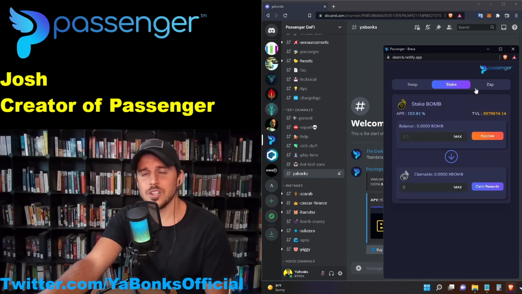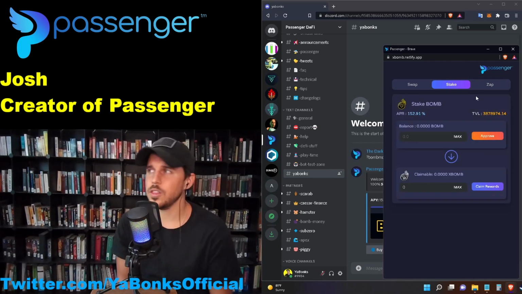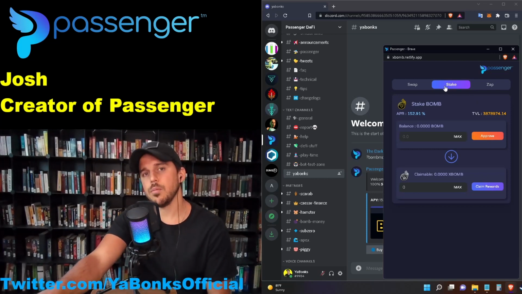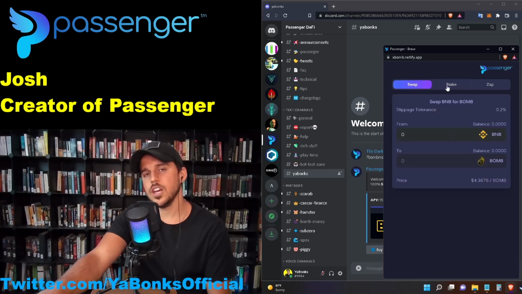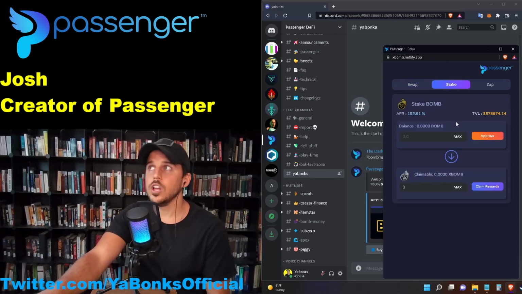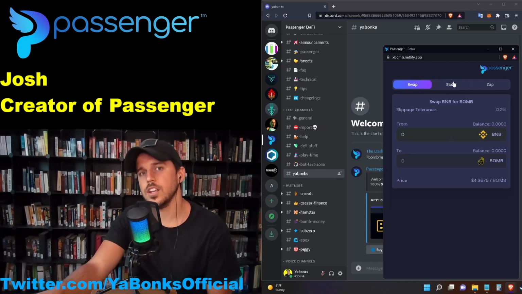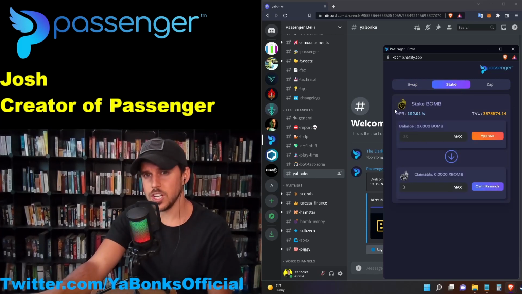So this is nuts. With a project I'm more familiar with, let's take RingFi for example. You can now stake Ring tokens in yield farms. So are you saying you could make it so I could have a stake tab right here? So after I buy it, I could just come over here and, well, first you'd have to wrap it. Would it be possible to be like, okay, I bought this token, and then I'd be able to do the wrap function right in Passenger?